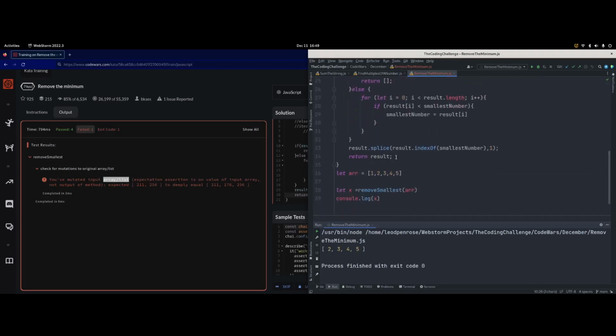Let's see if that works. That's kind of weird, but we can see if it works. So I'll just put a result 2 right here, and instead of splice,